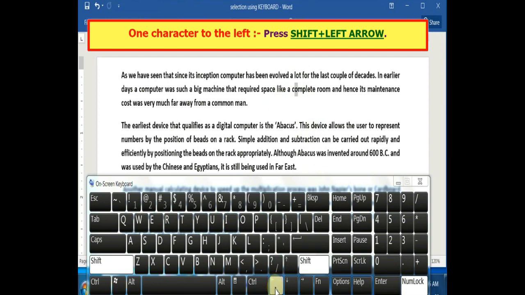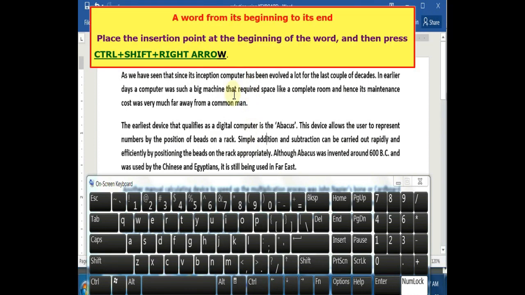And if I would like to select a word from its beginning to its end, of course I have to place my cursor at the beginning of the word. Here I am placing the cursor on the word computer. On the keyboard I have to press Ctrl plus Shift plus right arrow so that the entire word gets selected.